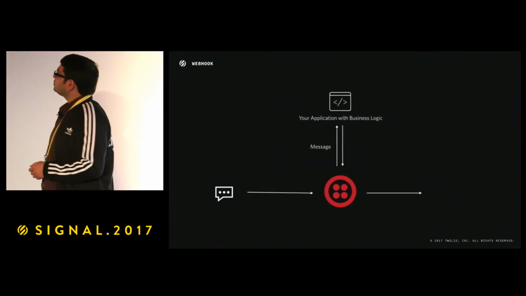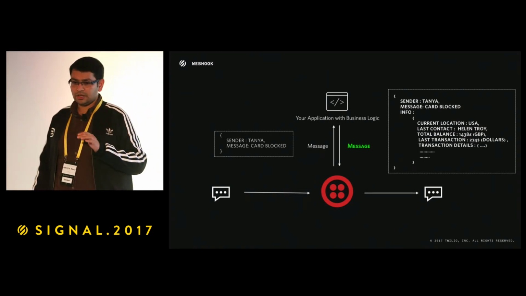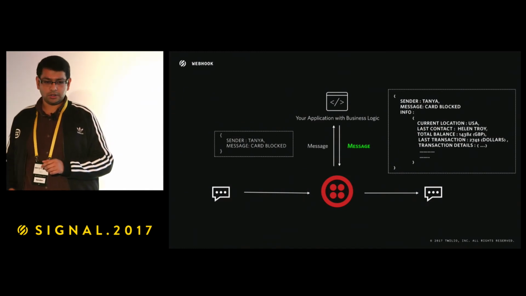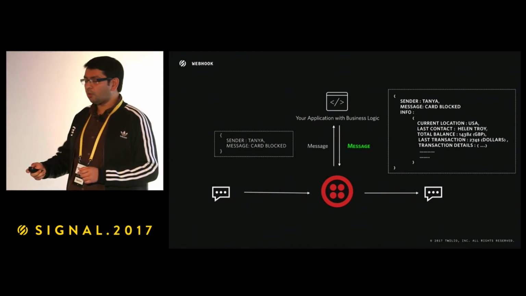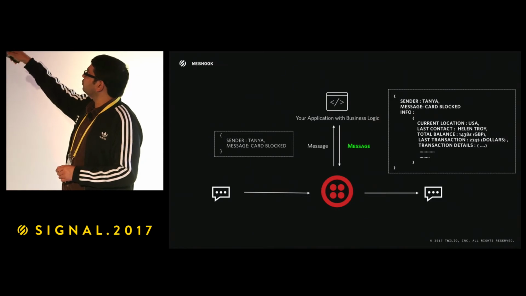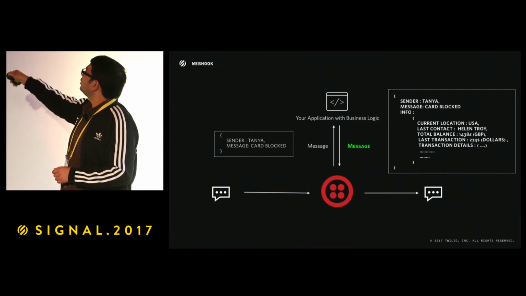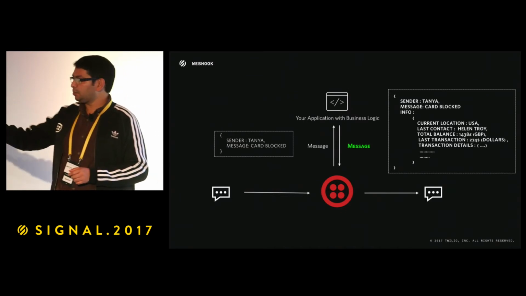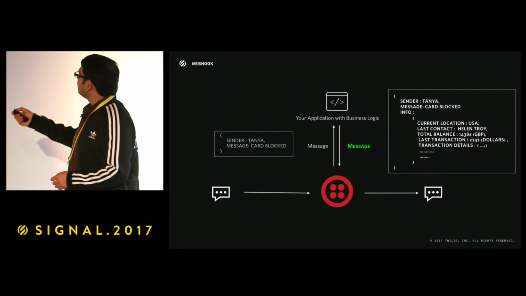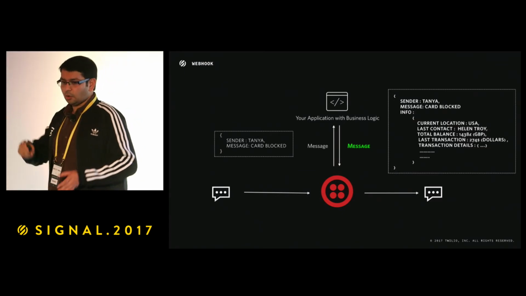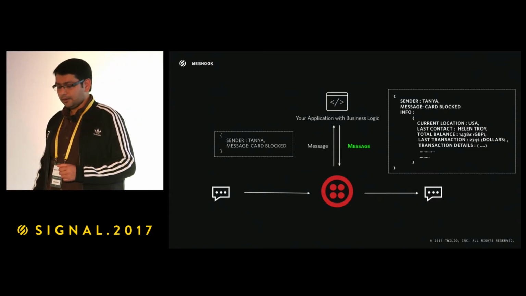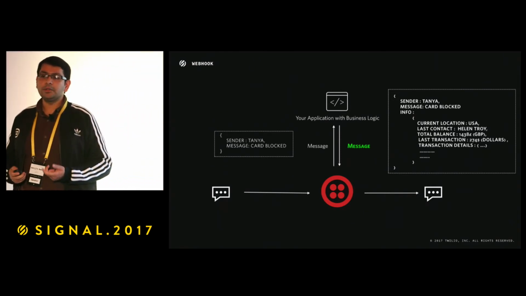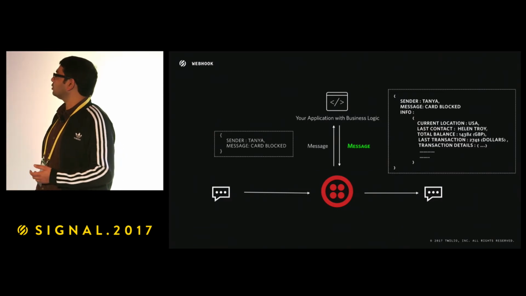All right. So just showing what it means when we say you could add context. Here's an example. A linear message started, Tanya said card blocked. But through the power of webhook, now what we have done is we have added all this information. So we've added that the location was US. She had been contacting maybe an account manager named Helen there, and the last transaction was in dollars. So all kinds of information is something that you could add. This webhook powers the whole programmability between two application endpoints.